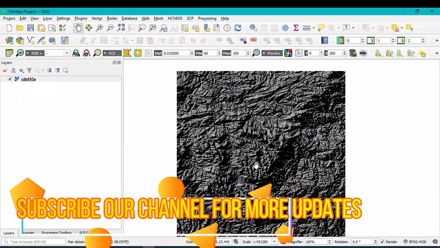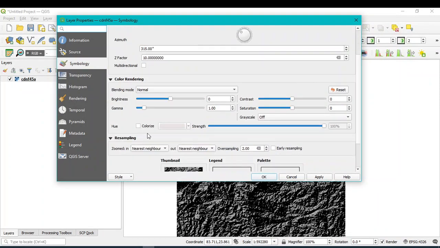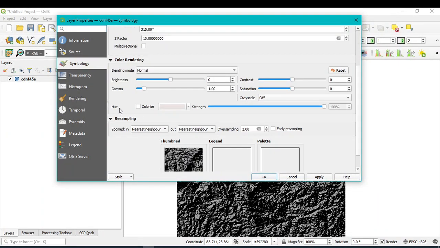So if you want to change the color of hill shade, you can do, click on here, go to properties, here you can select this colorized, just click on here checkbox, and you can simply click on apply.